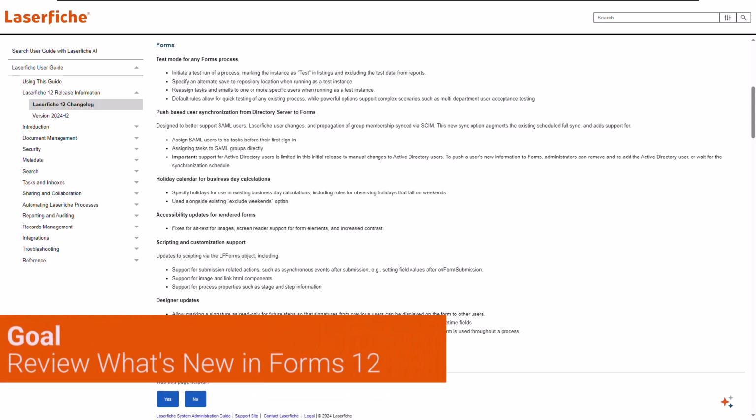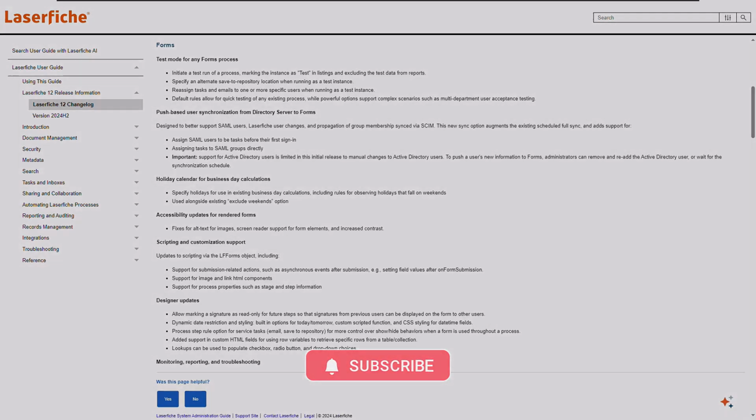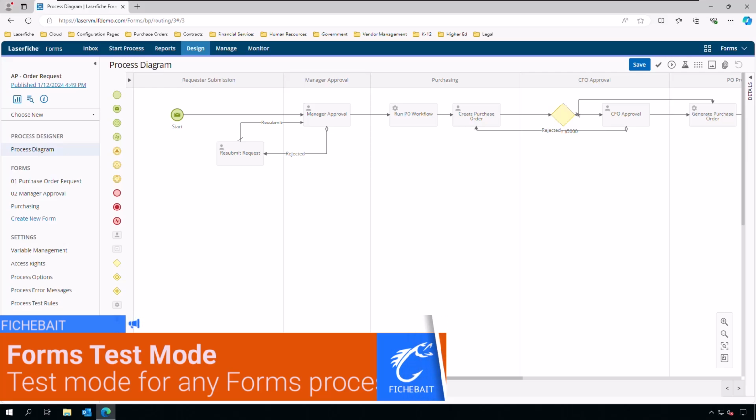In today's video, we're going to look at the new features in Laserfiche Forms 12. We'll review the new test mode, holiday calendar, scripting additions, designer updates, and more. Let's get started. So the first new feature that we're going to take a look at is the new test